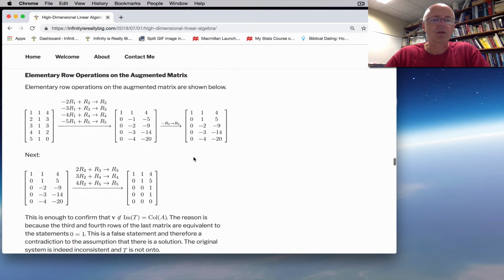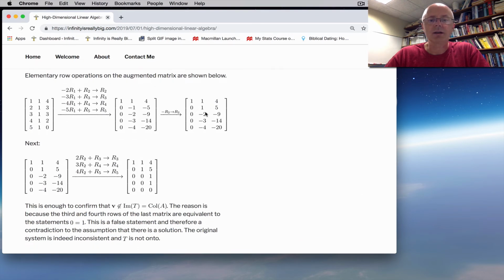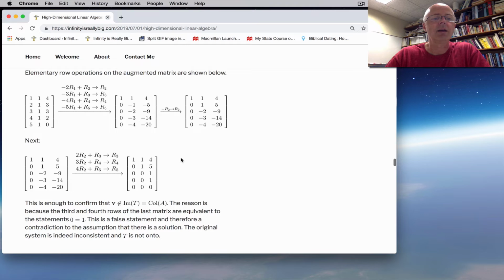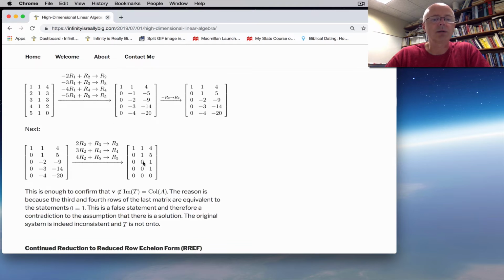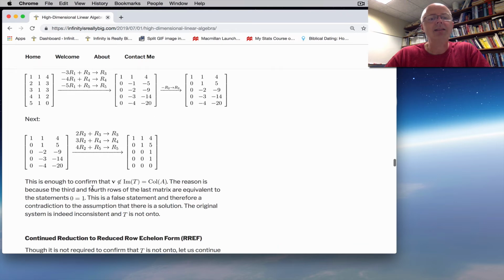Let's continue. The next thing you want to do is try to eliminate the b coefficients from the third, fourth, and fifth equations. Makes all these things 0. These 3 row operations will give you zeros at this spot, right? These spots right here. And it's at this point that it's enough to confirm that v is not in the image. We could stop here because